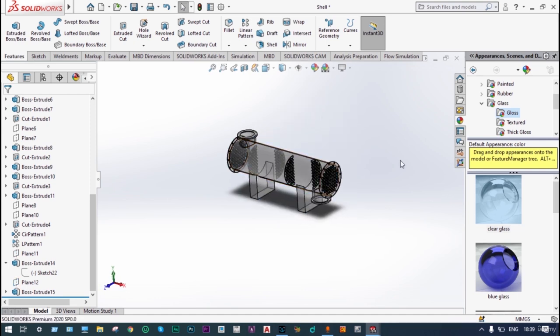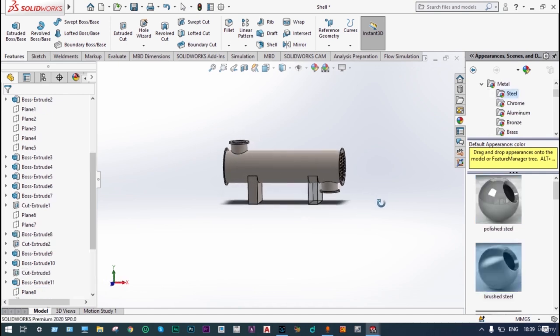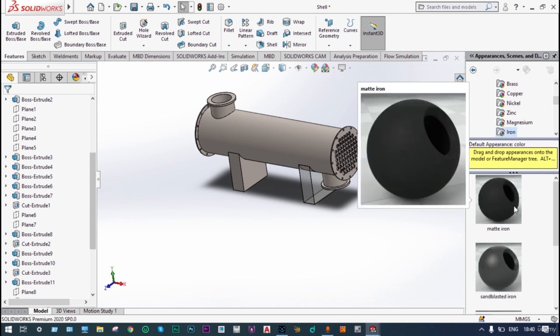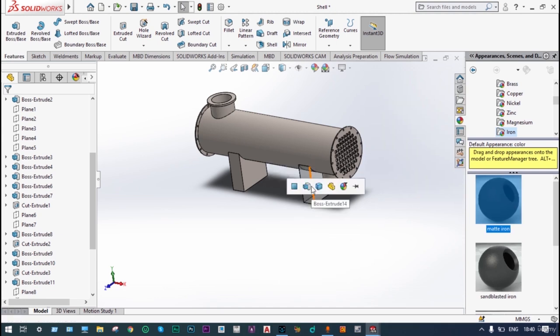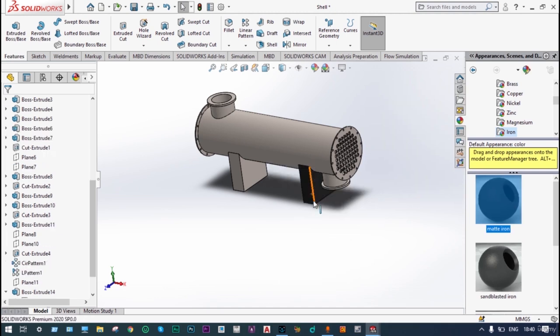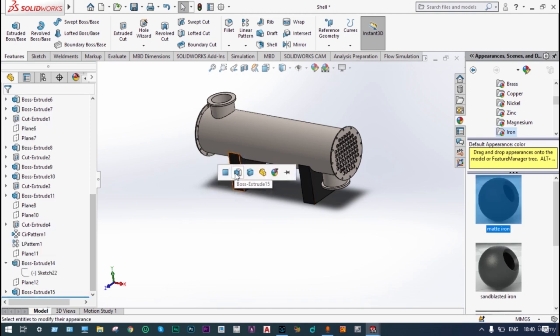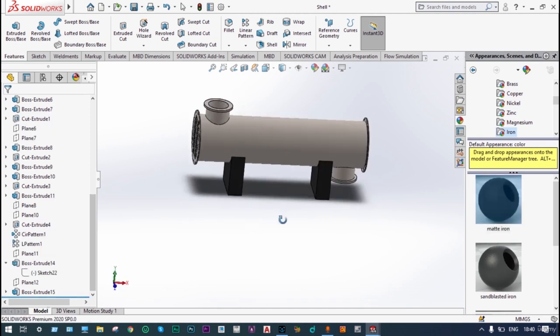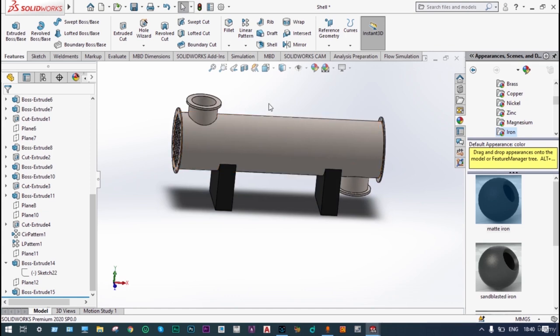Now we can go back to the original color of this object. We can put brushed steel, and for the base support we can provide iron, and we want to provide matte iron for this specific base support. Done. Second one also we have to provide the same material. Done. Another thing can be done, that means on that shell we can provide some kind of writing in embossed